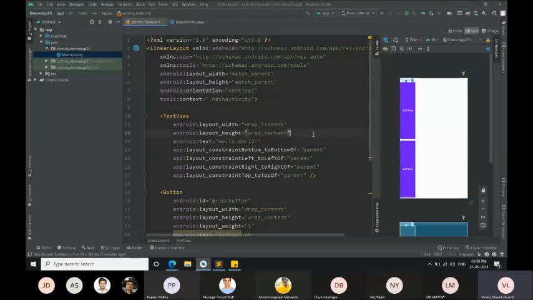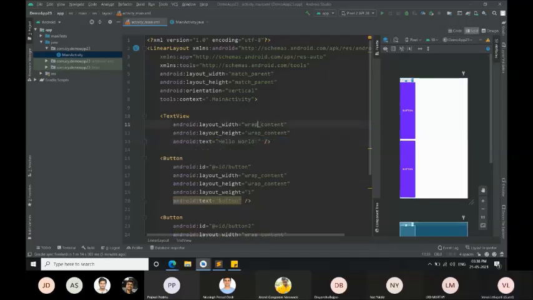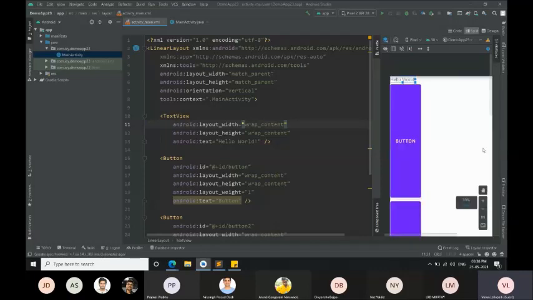So now coming to this text view. So this text view is having something called as hello world text. We don't require these things because they are given by default. Don't require these, just three things are enough. I will zoom into the screen. I just want you to understand only one thing. Here I have a text view. Just focus on this particular part.